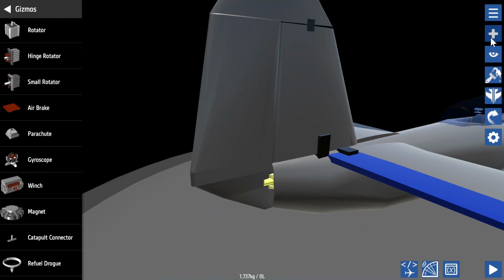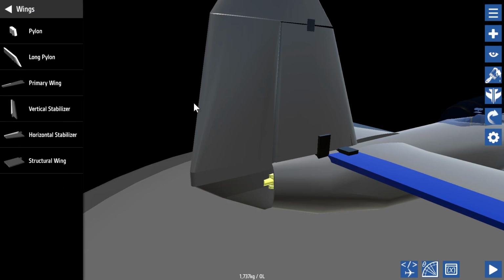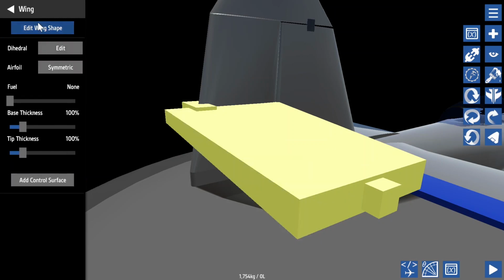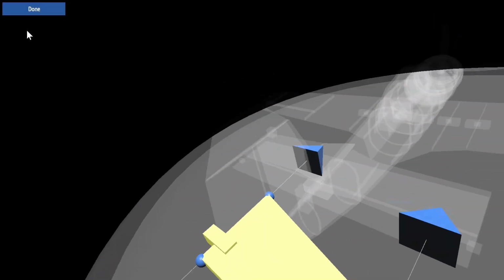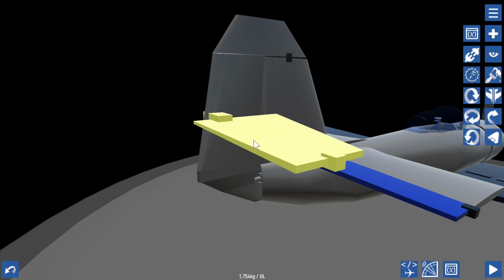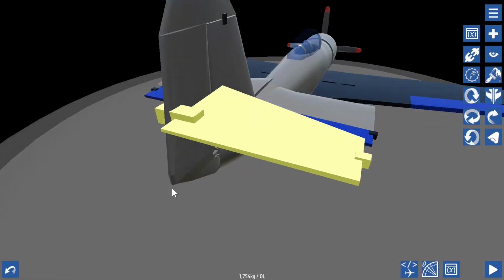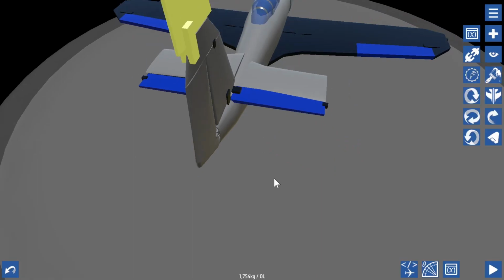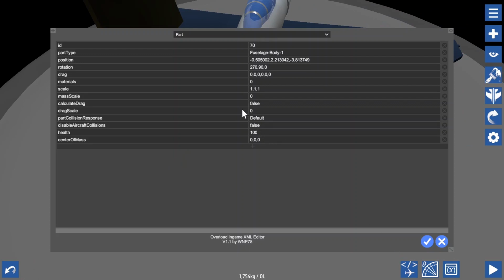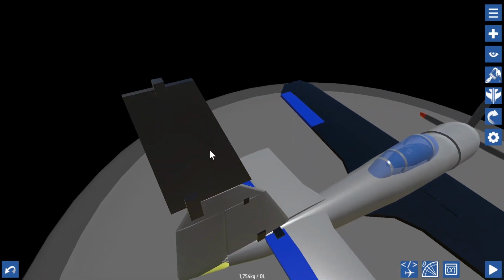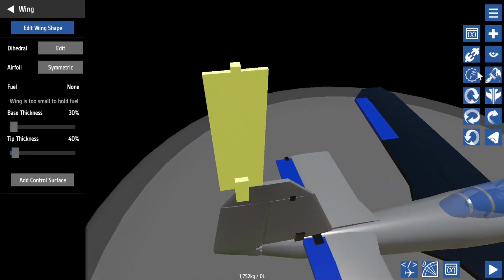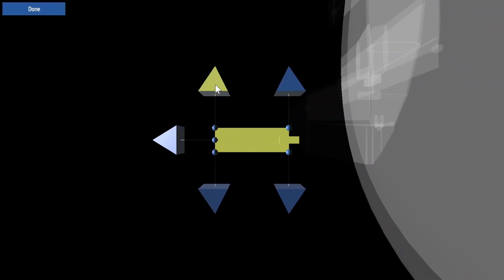And before we actually go ahead and start this, we're going to add a vertical stabilizer, but we are going to take the yaw off. And just like what we've been doing for the most part, basically tip this off, and we're actually going to hide this thing. Now I'm going to put this here. Remember that these parts are only decoration, so they should have no mass, no drag, and calculate drag is false. However, with this one, we need it to be calculating drag and lift as well, and its mass, just so it's realistic. I'm going to put it like that,